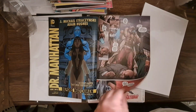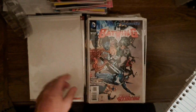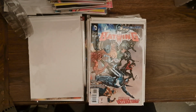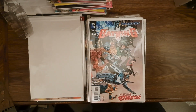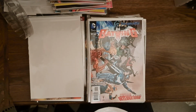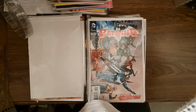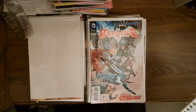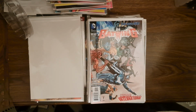Like I said, the writing starts to get better here. It progresses as we progress through the series. The writing gets better. In this one, number 12, Justice League International guests and helps defeat Lord Battle. They figure out that his power is connected to the land, so that if they separate him from the land, then he loses his power. But then that also kills the land because they're interconnected. So I forget what their solution is. They imprison him